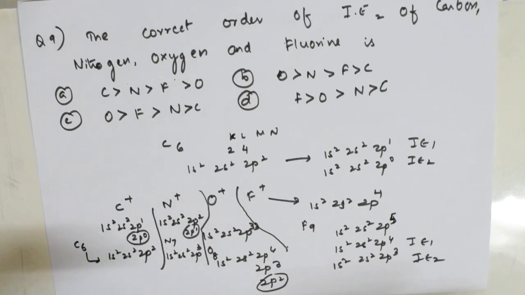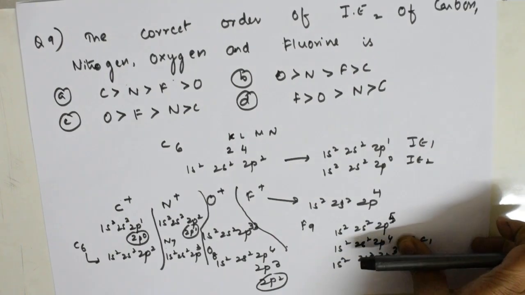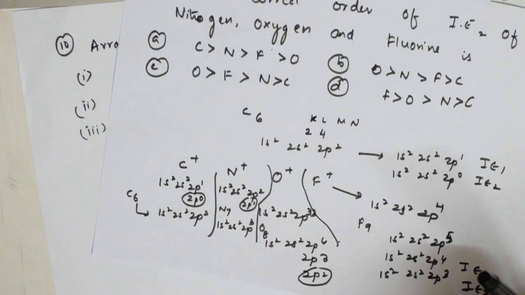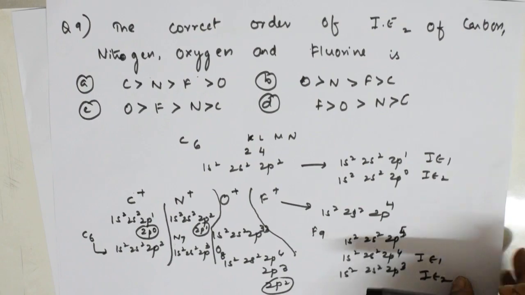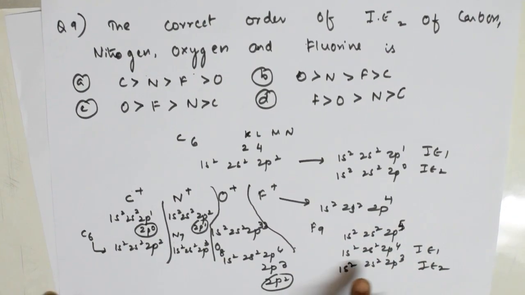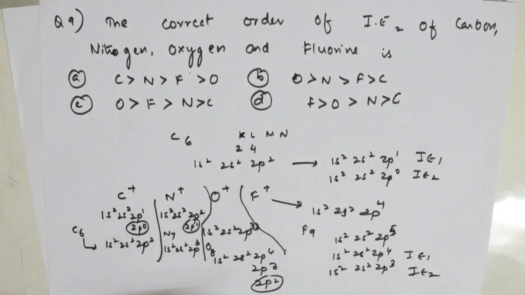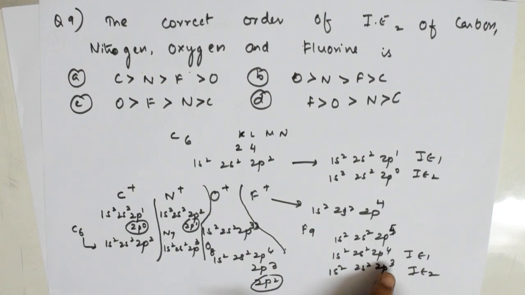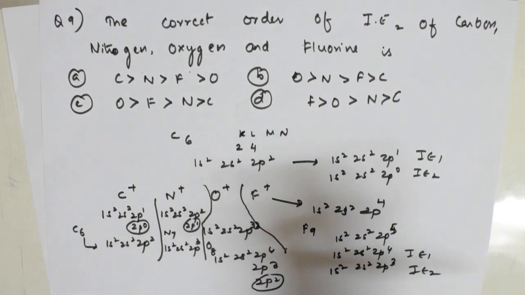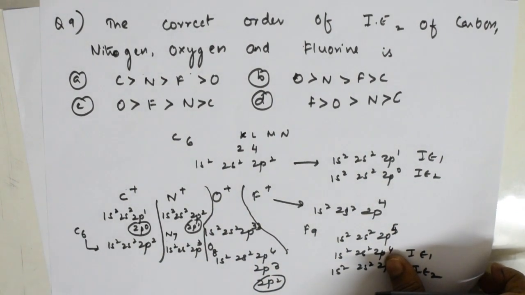Okay. Now, why did I explain so much? Just see here, when I move from left to right in the periodic table, what happens? Half filled and full filled concept is there. So here, this is half filled. Here, this is half filled. Here, this is half filled. Later on, taking out an electron from half filled will become very difficult, no? See, half filled, half filled, half filled. Taking out an electron will be very difficult.